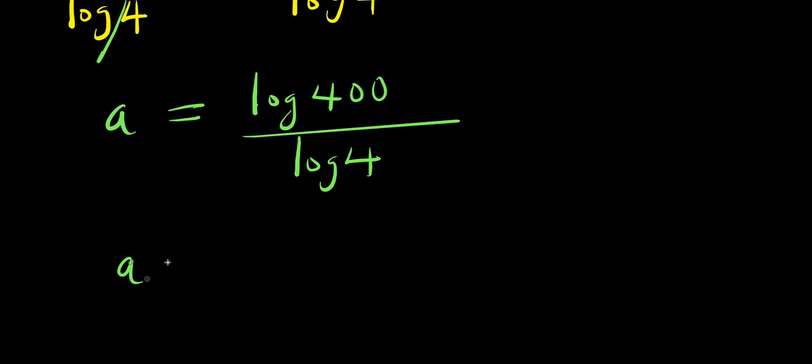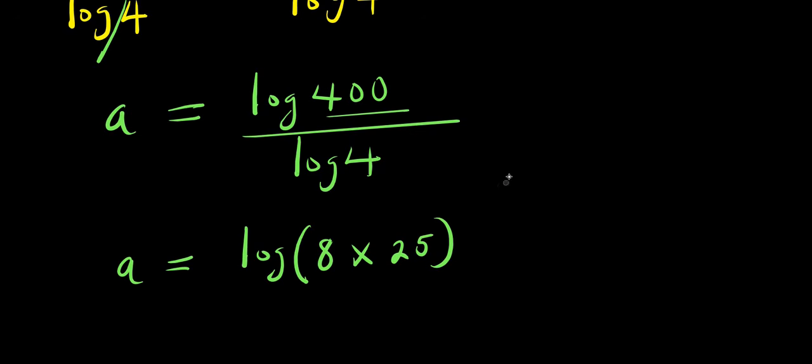So from here, I can have a equals log 400, which will simply be 16 times 25, because 4 times 25 is 100, 8 times 25 is 200, so 12 times 25 will be 300 and 16 times 25 will be 400. So what I'm going to do is to replace this with 16 by using that. So divide by